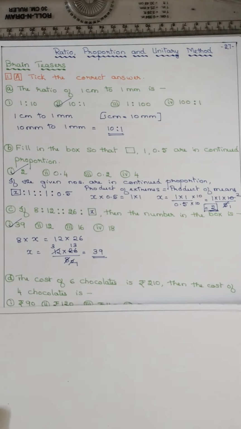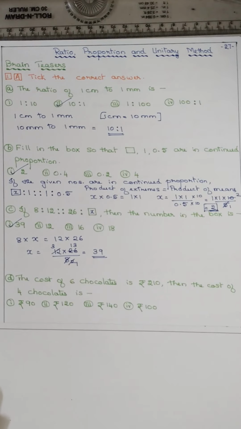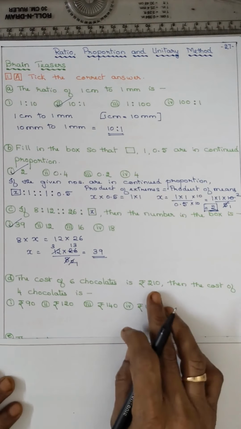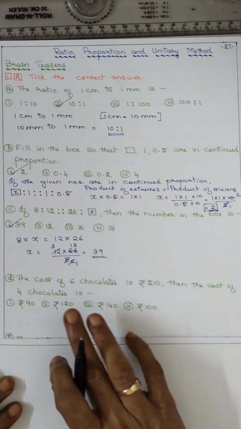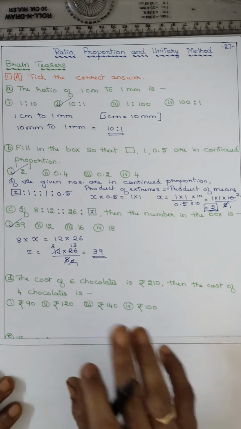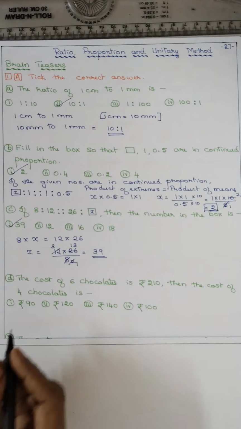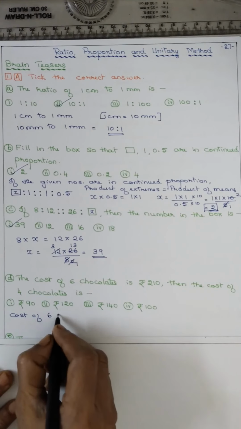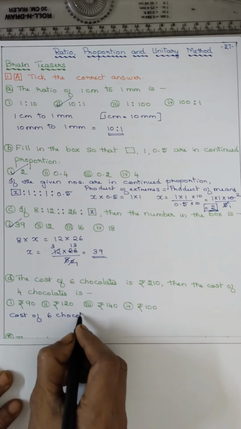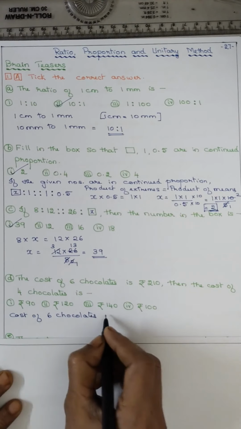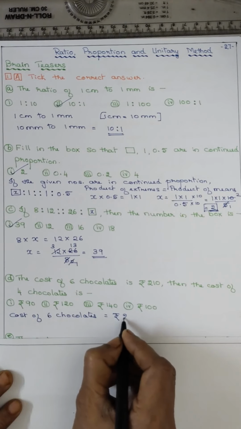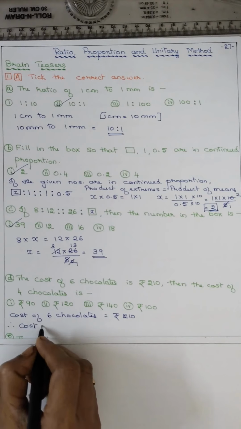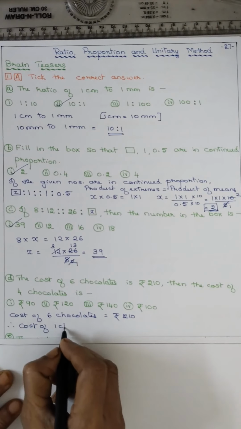Now coming to the question number D. The cost of 6 chocolates is 210. The cost of 4 chocolates. Unitary method, isn't it? So cost of 6 chocolates is equal to rupees 210. Therefore, cost of 1 chocolate,